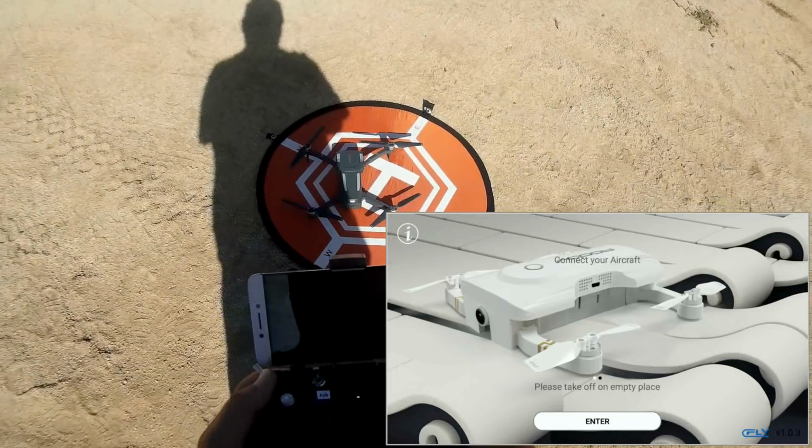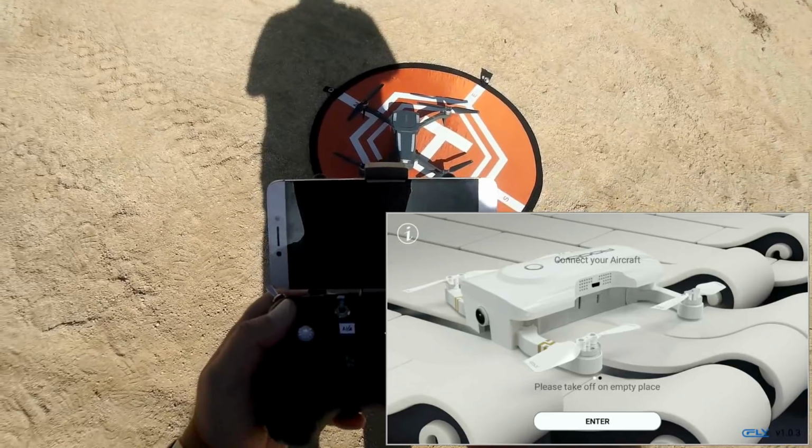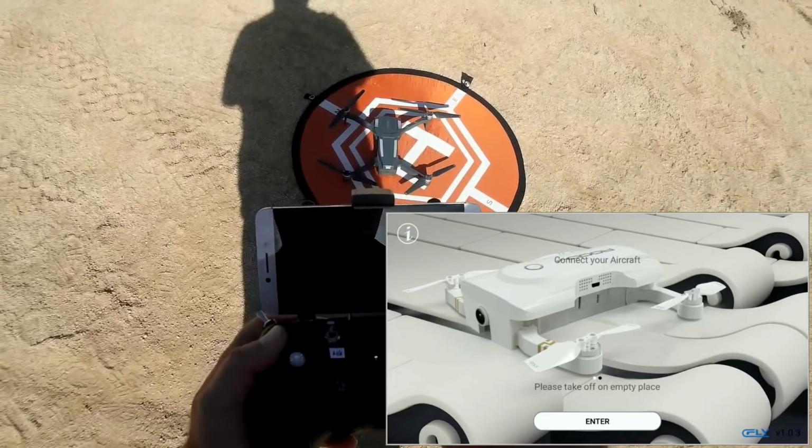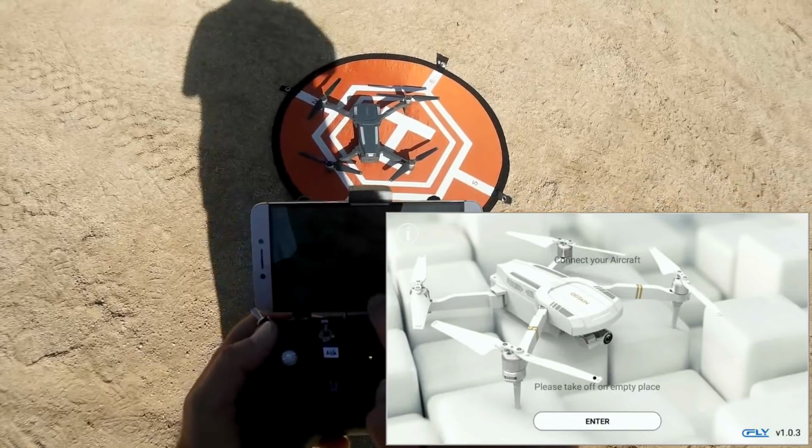Okay, this is the CFly app. When you open it up, it first opens up with a different aircraft from CFly. You don't want that aircraft. We're going to swipe to the left, and that's the obtain aircraft. That's the one we're going to connect to. And then you hit enter,